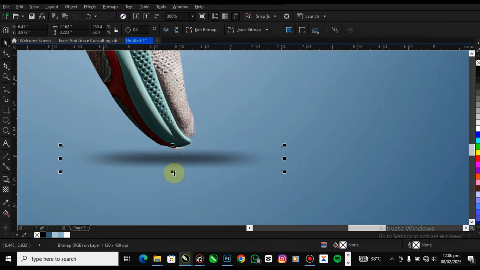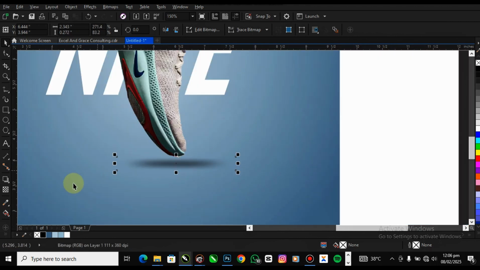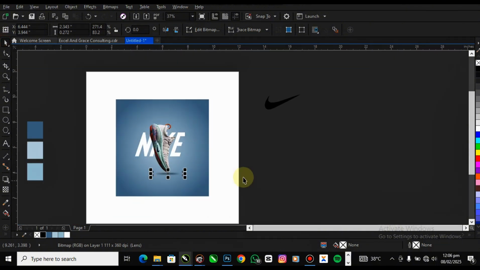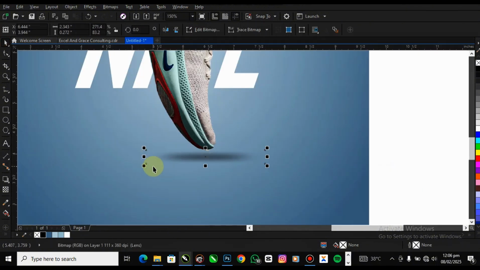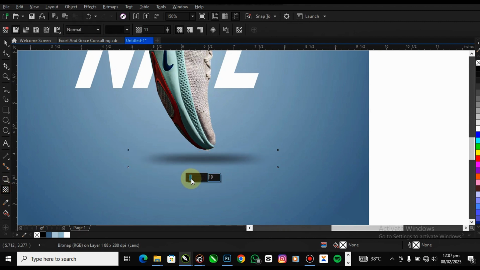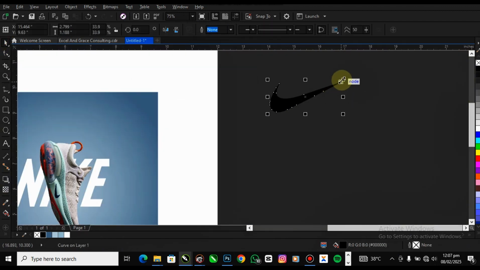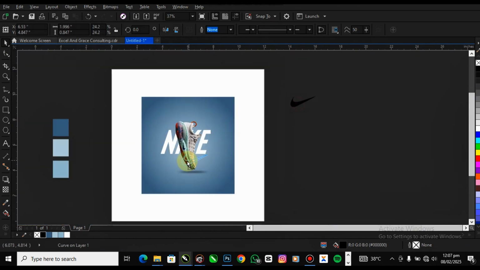Most of those shadow effects you normally see on designs in CorelDraw are created this way, and we'll just come to transparency and reduce it a little, maybe 9 or 11. 11 is okay by me, you get. But if I'm not satisfied, I can just come here and do 23. So 23 is okay. Then this is the Nike logo, so I can just come here like this, put it on this aspect,